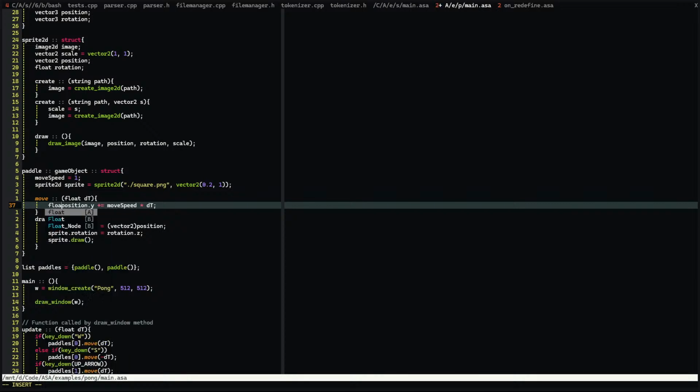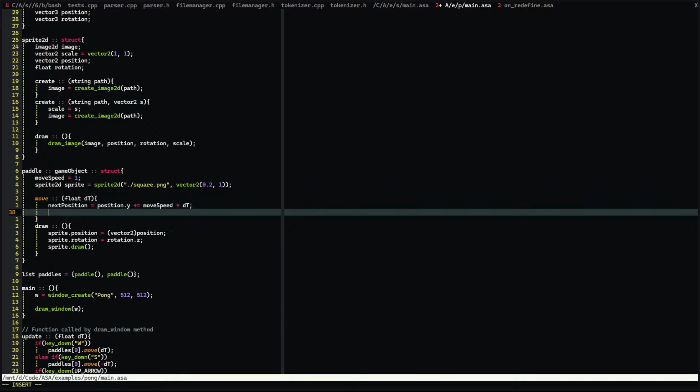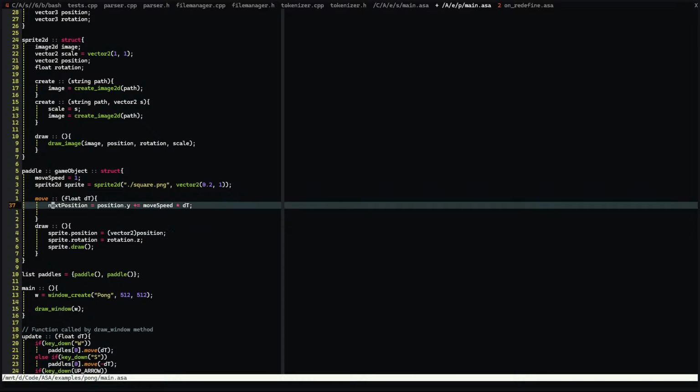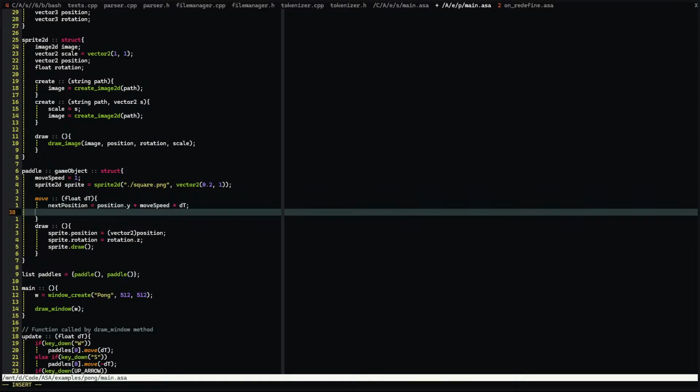Let's do like... I don't need float there. Say next position is equal to that. Oh, oops. Plus. If X position is greater,